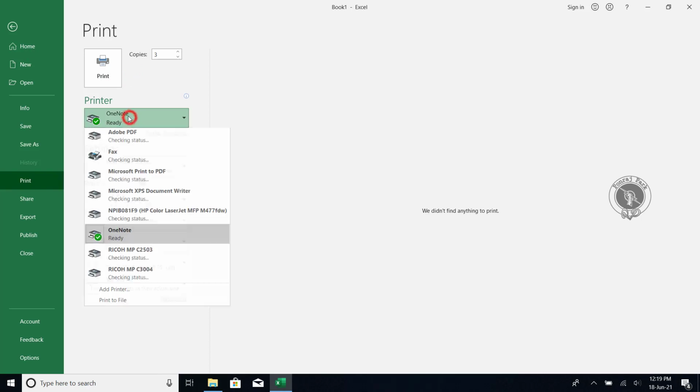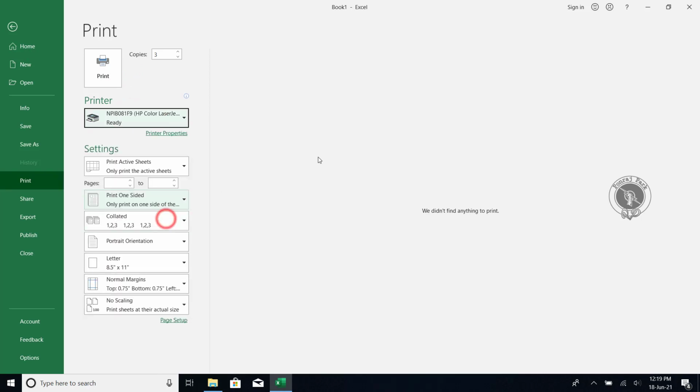Okay, which printer you are going to use. Like now I have an HP LaserJet color printer, so this printer I have over here. You can give print from here by selecting the proper printer which is working, like whose status is ready. And when you select the printer, you will have one Printer Properties option also.